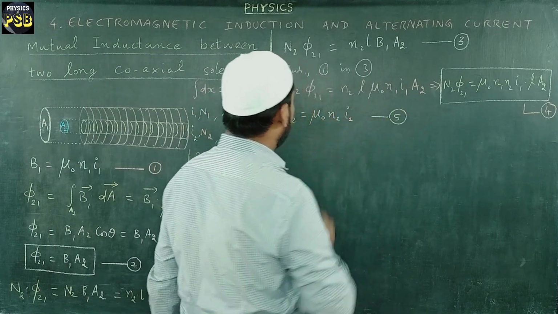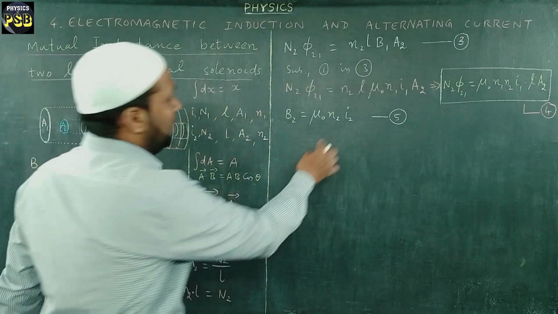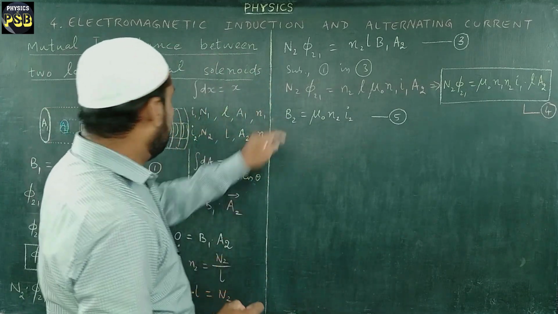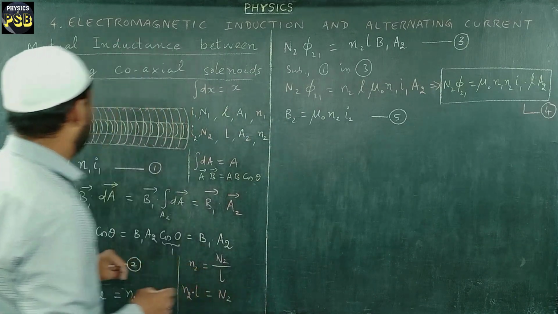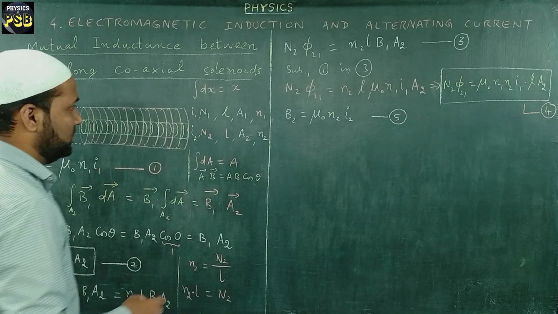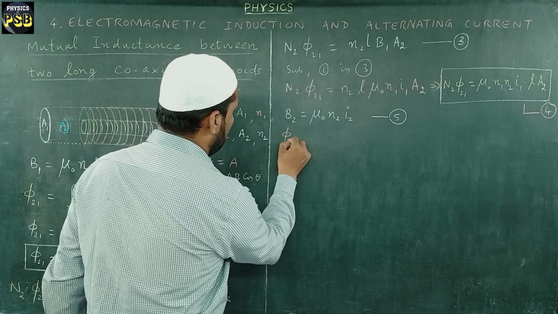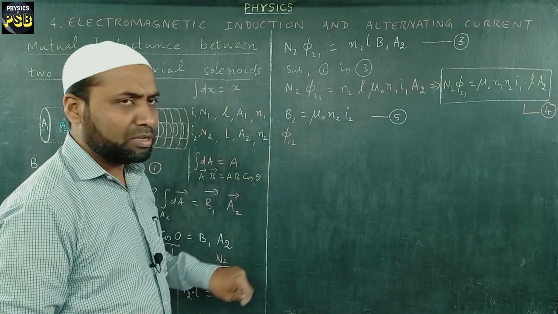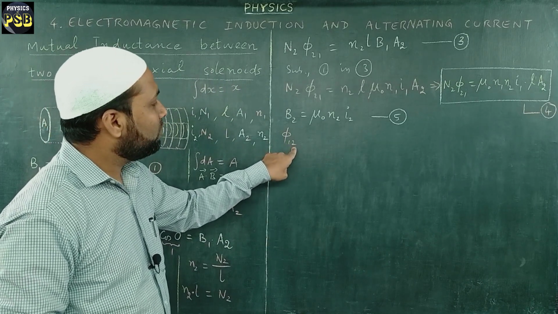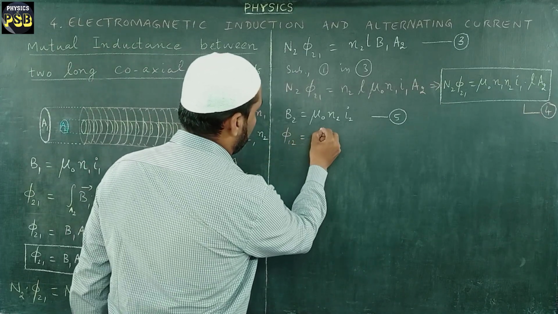It represents the magnetic field produced by solenoid 2 due to the flow of current I2 through it. The next, this magnetic field will have magnetic field lines, so it links with the turns of solenoid 1, and it is found to be equal to φ12. Here φ12 represents the magnetic flux linked with each turn of solenoid 1 due to the flow of current in solenoid 2. That is equal to the integral of